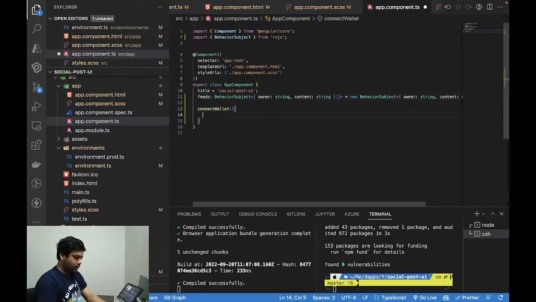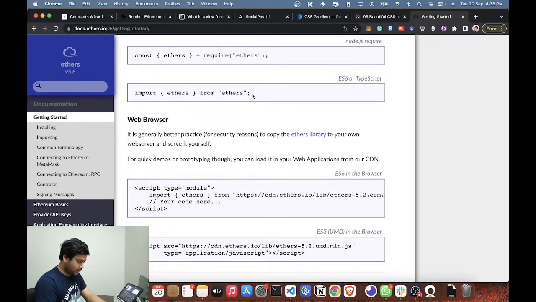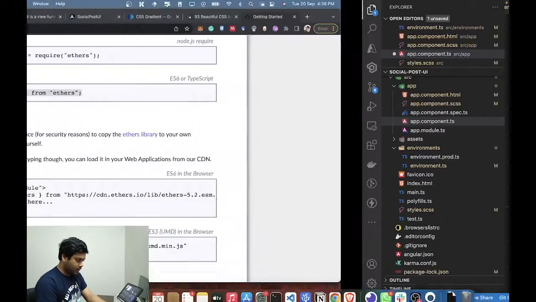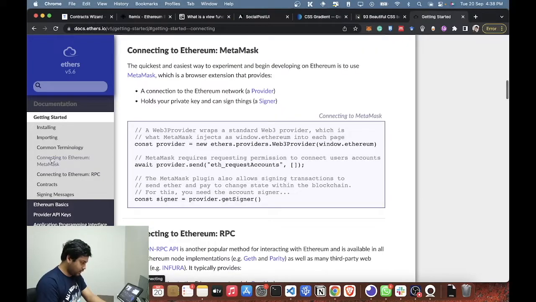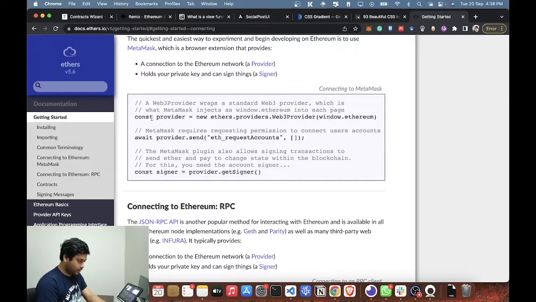Okay, so what we have to do is just import ethers.js at the top, and we'll click on this, connect Ethereum to MetaMask. To connect to MetaMask, we have to use these three options. I'll just copy this entire thing,